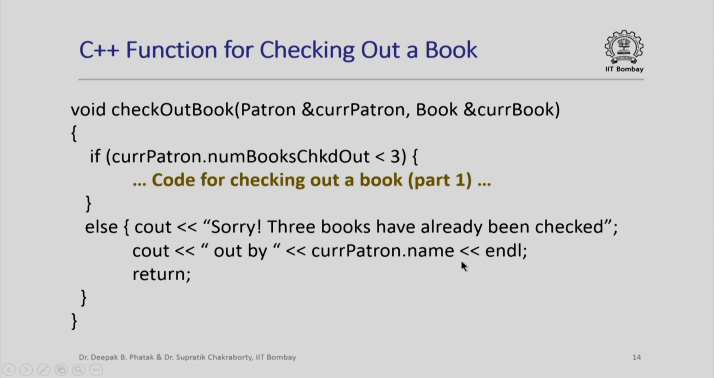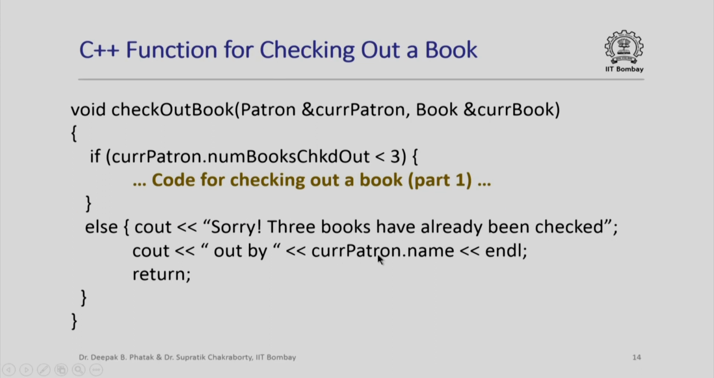Note here that I have used current patron dot name to print out the name of the current patron. Recall that in the structure patron, name is a member which is basically a character array. So when I am printing out current patron dot name, I am saying print out the character array, basically the string stored in the character array whose name is name in the structure patron, and current patron is an object